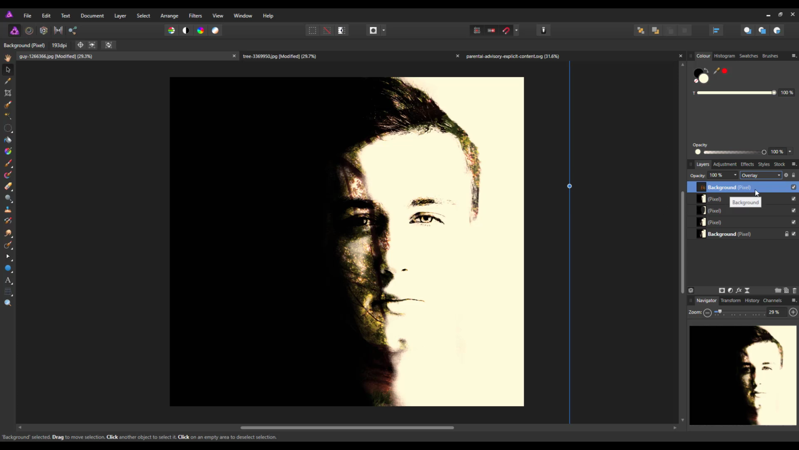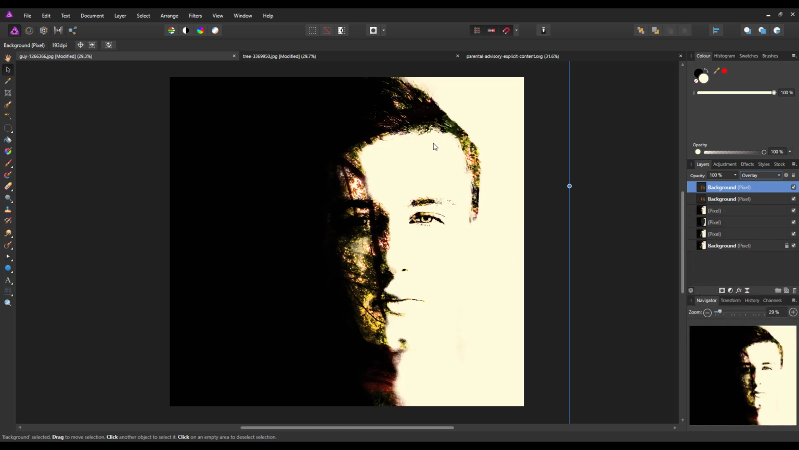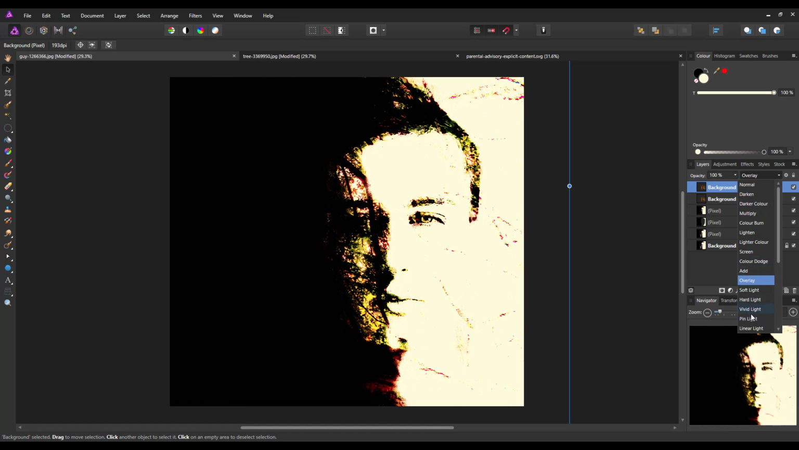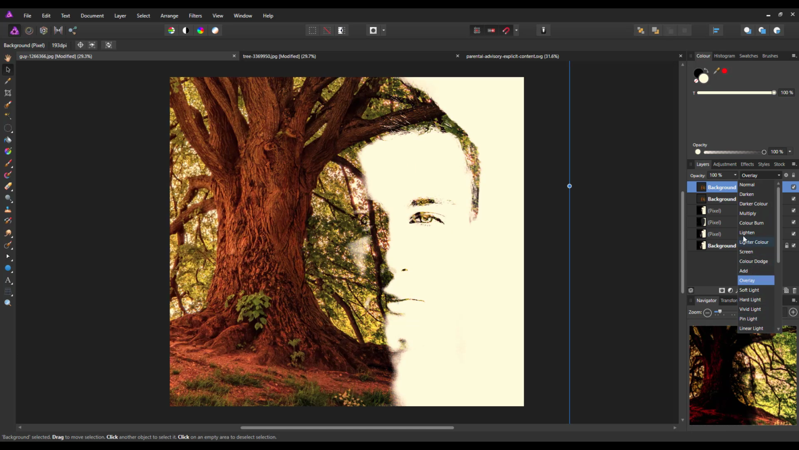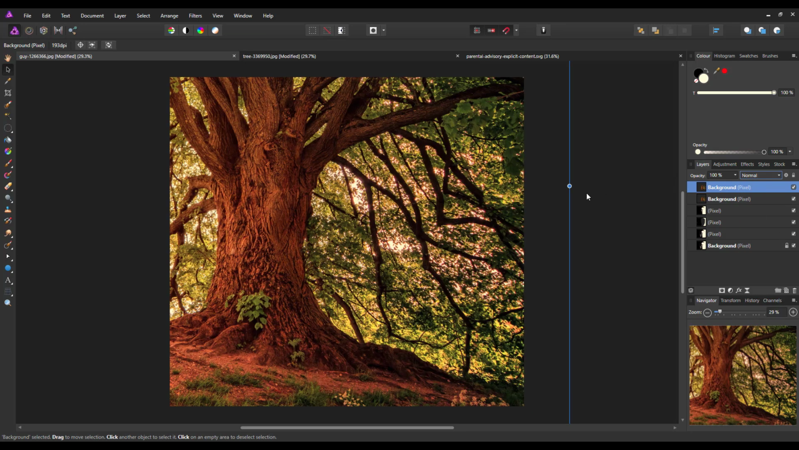So what I'm going to do now is duplicate that layer, and if you like that effect you can keep that, or you can tinker around with other blend modes, like screen for example, to get an effect you want. But I'm going to leave this on normal, and then I'm going to add a layer mask